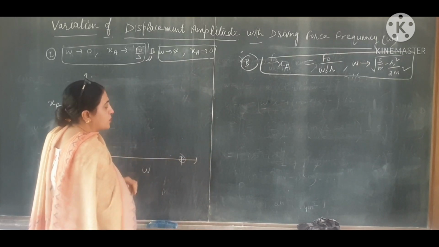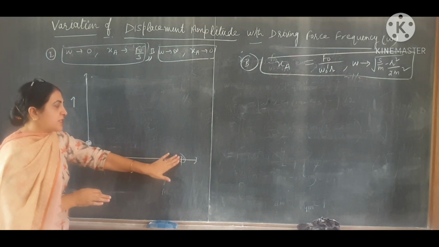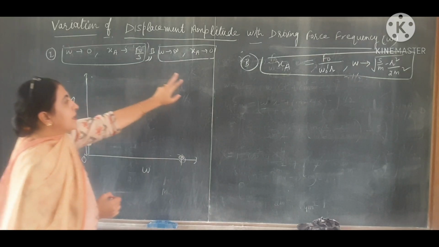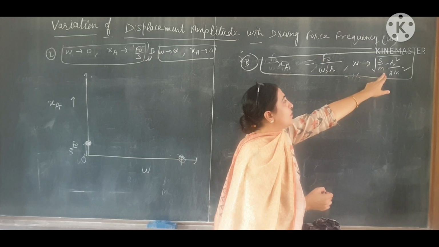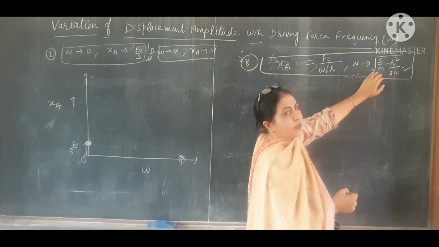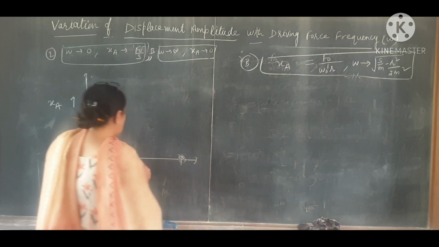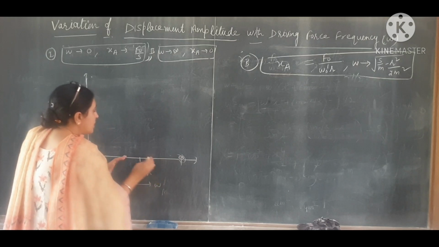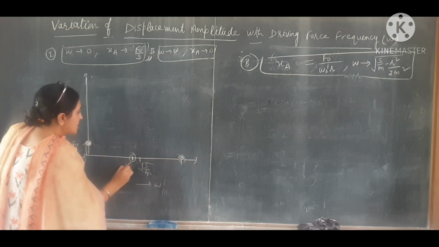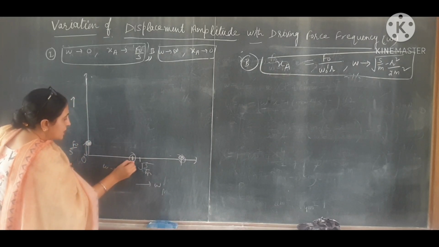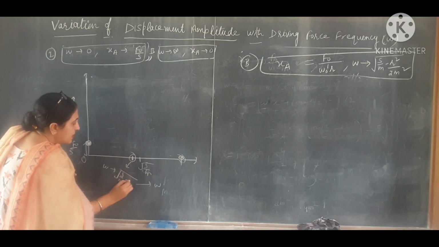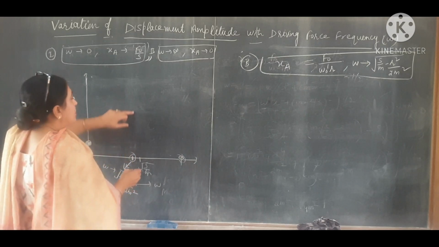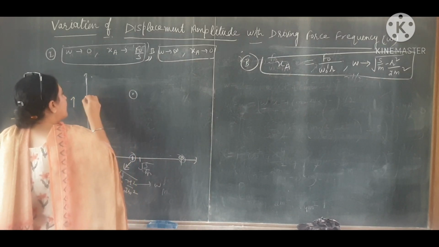Second, when omega approaches infinity, take it anywhere here. It approaches 0, not exactly. The curve doesn't touch the x-axis, it is very close to the x-axis, which is the meaning of approaches. Third case, when omega is under root s over m minus, the value is less than under root s over m. So if this is under root s over m, this value is maybe here. This value is when omega approaches under root s over m minus r square over 2m square, and it is a high value.